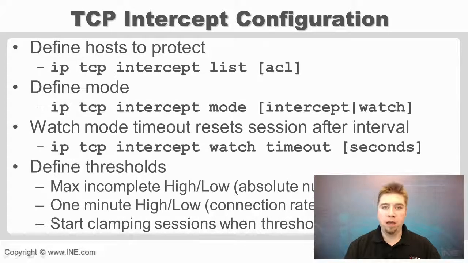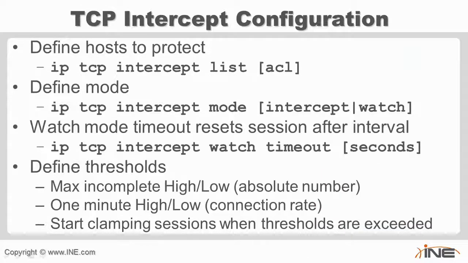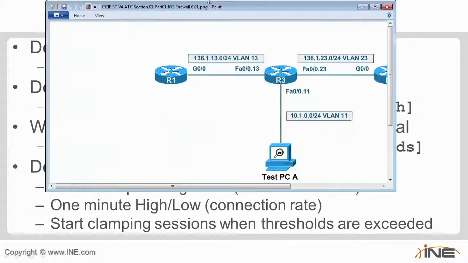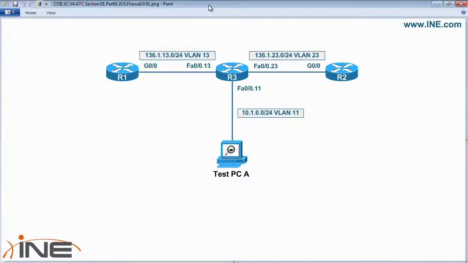So if I say that my absolute high threshold is 1,000, once we go above 1,000 half-open sessions, then the router starts to aggressively drop them. So it starts sending resets back to the server, or in the case of the intercept mode, it just starts to throw those away. So let's take a look at this within the scope of our particular topology here, where